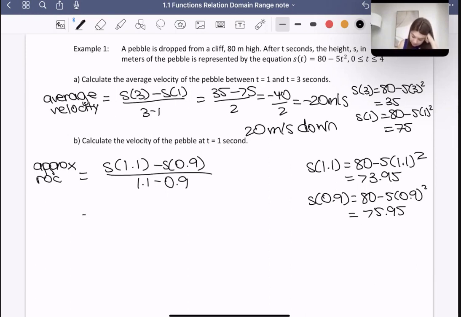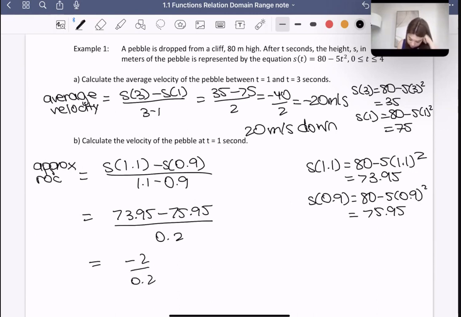Okay, so therefore we have 73.95 minus 75.95 over 0.2. So that's going to give us, let's see, 73.95 minus 75.95 gets us negative 2 over 0.2, which is negative 10. So therefore, this is going to be our answer. It's going to be negative 10 meters per second, or